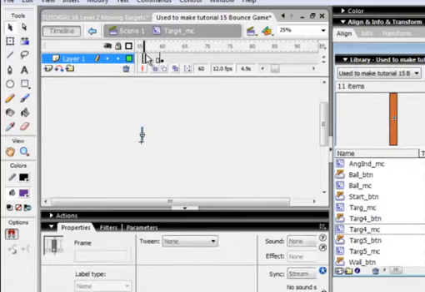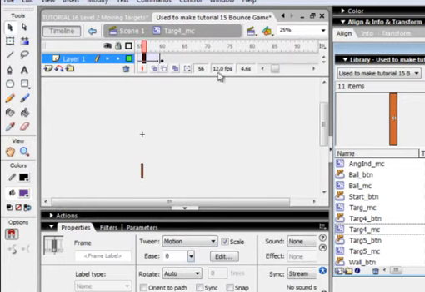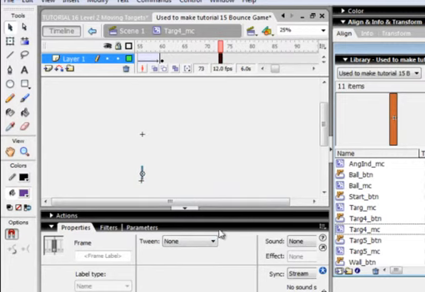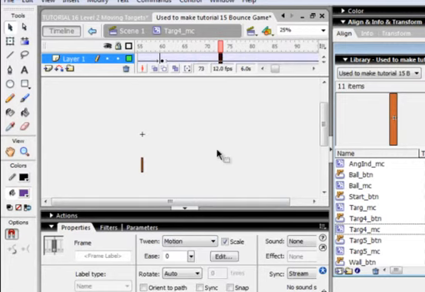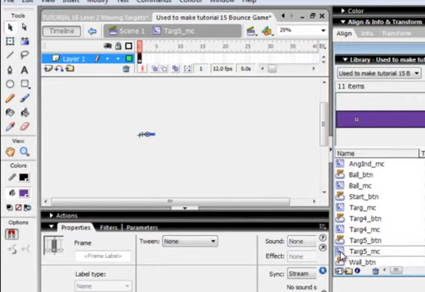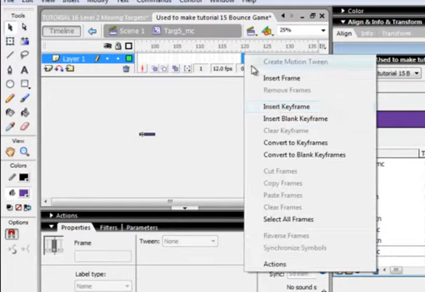Click anywhere on this side of that keyframe. Make that a motion tween. Click here on this side. Make it a motion tween. Let's do something similar to Target Movie Clip 5. Open that up. That was as far as it could be right on our stage, so we want to make that move to the left a little bit. Go over to around 120, insert a keyframe,